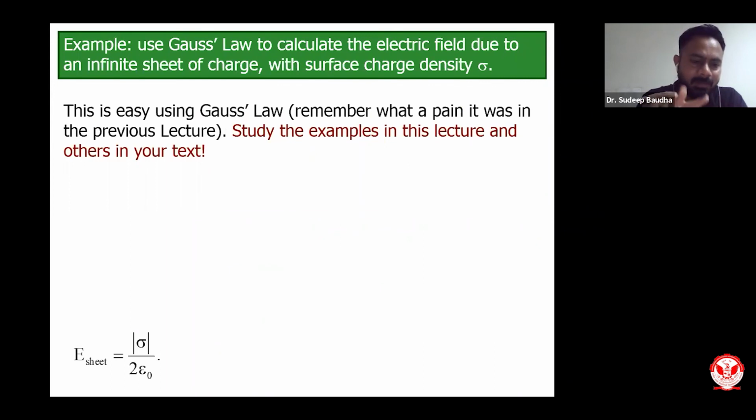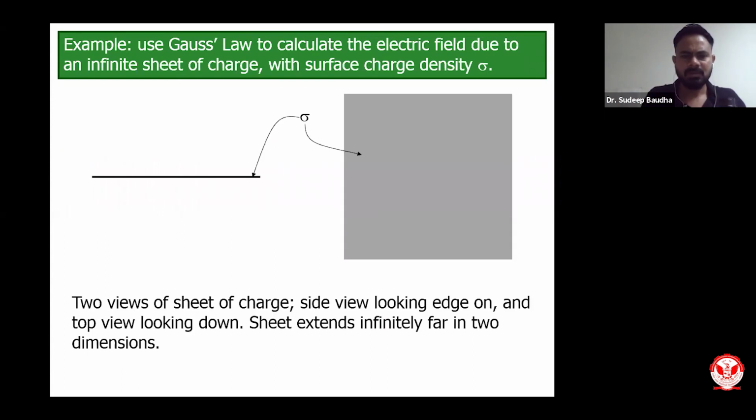We have already done this when I was discussing how to find the electric field from various charges. We can do this simply by using Gauss law, and I have already said Gauss law is used where we want to ease the mathematics. The integration part will be zero for this. Without actually going into integration, we can find the electric field due to an infinite sheet of charge whose surface charge density is sigma. So I will quickly show you. Let us see, this is the geometry.